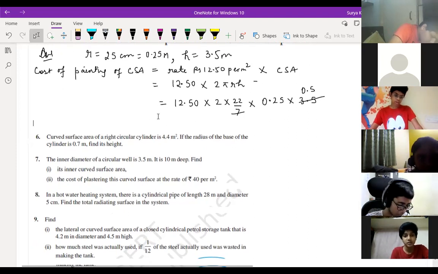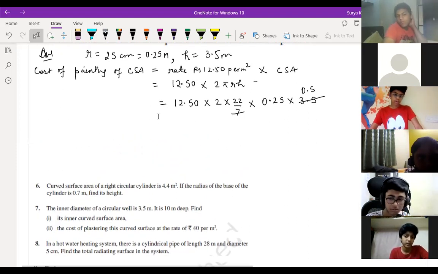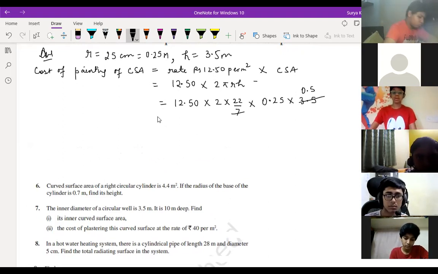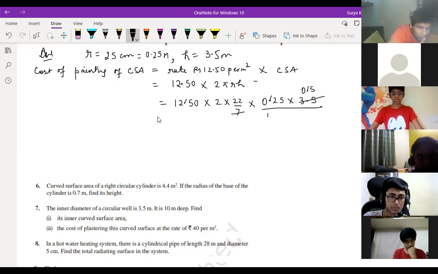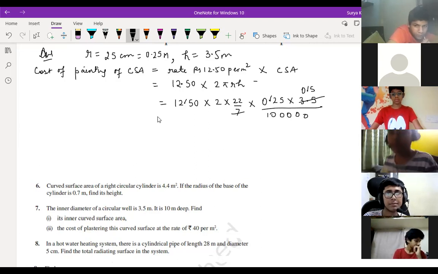Yes, sir, this equals 11. So what you do, children? Now, here how many points are there? Just see here. This point you remove, this point you remove, this point you remove. How many digits are there after the point? 2, 2, 4, 1, 5. You can divide here by 1 followed by 5 zeros. You can divide here also. Is it clear what I have done?